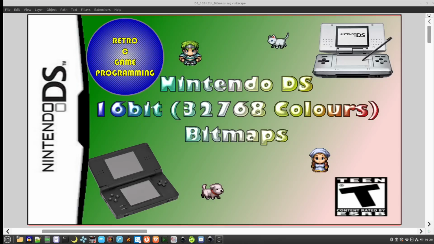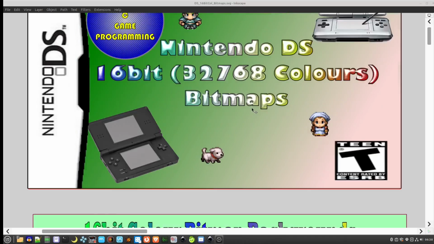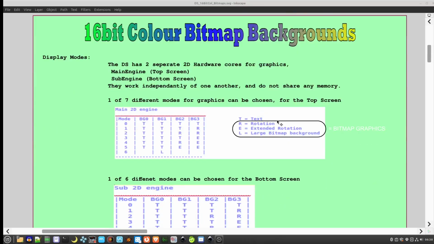Hello and welcome to my video on using 16-bit bitmaps on the Nintendo DS. So I have a more complex scene planned and the demo shows moving around a larger scene. So what I'm going to go into is first off how we set up the 16-bit